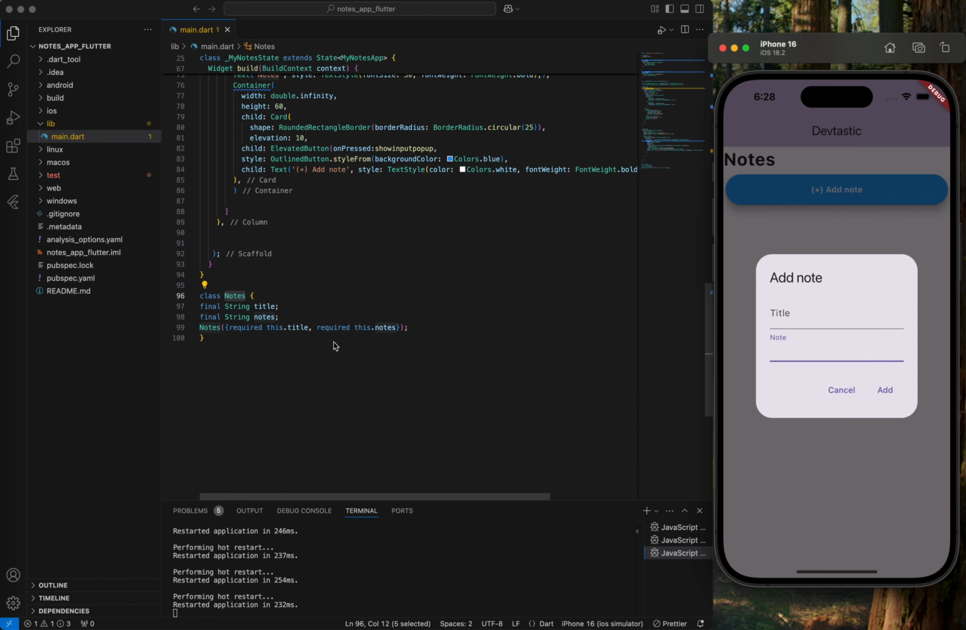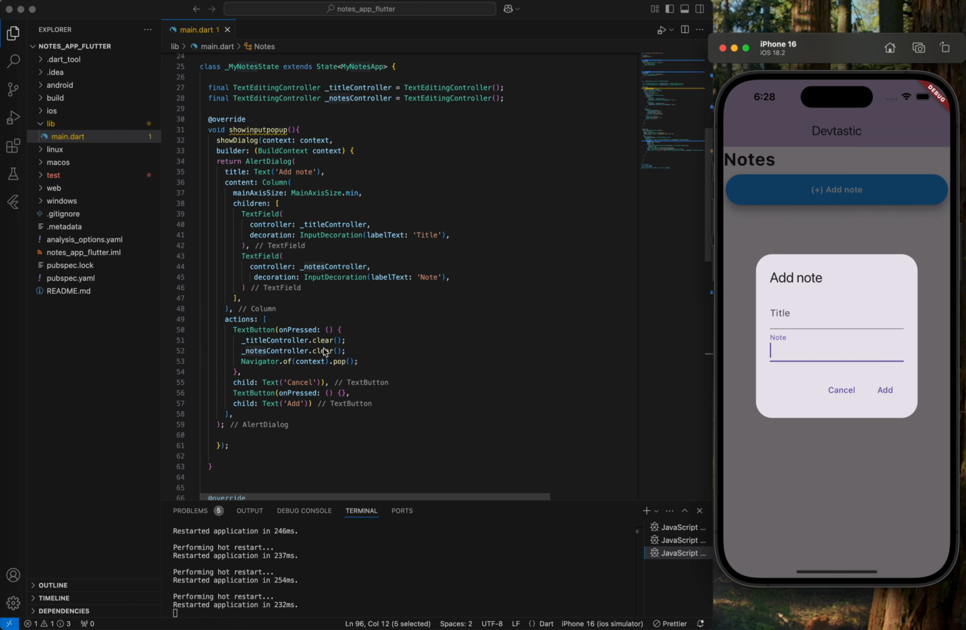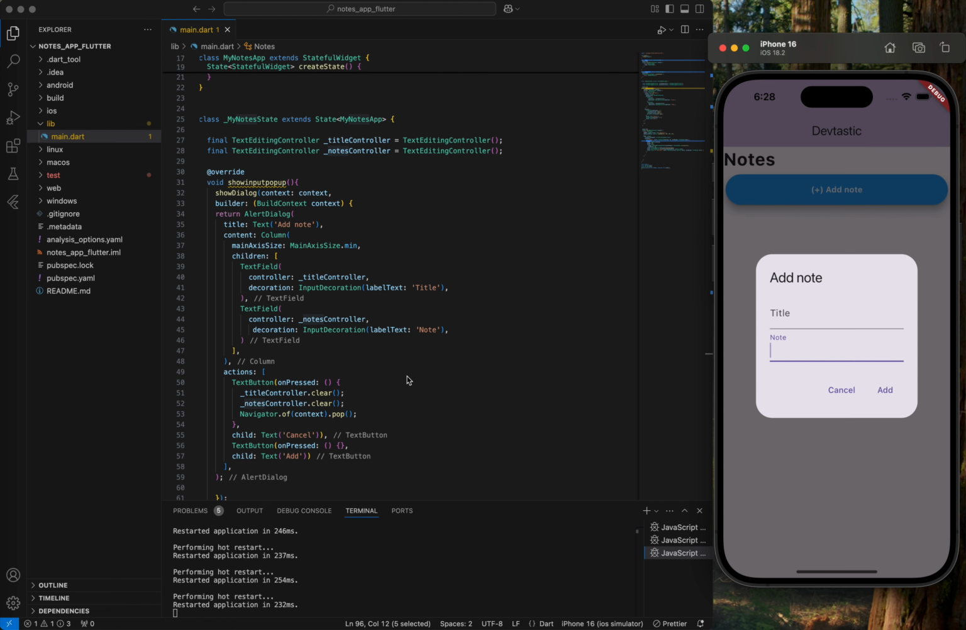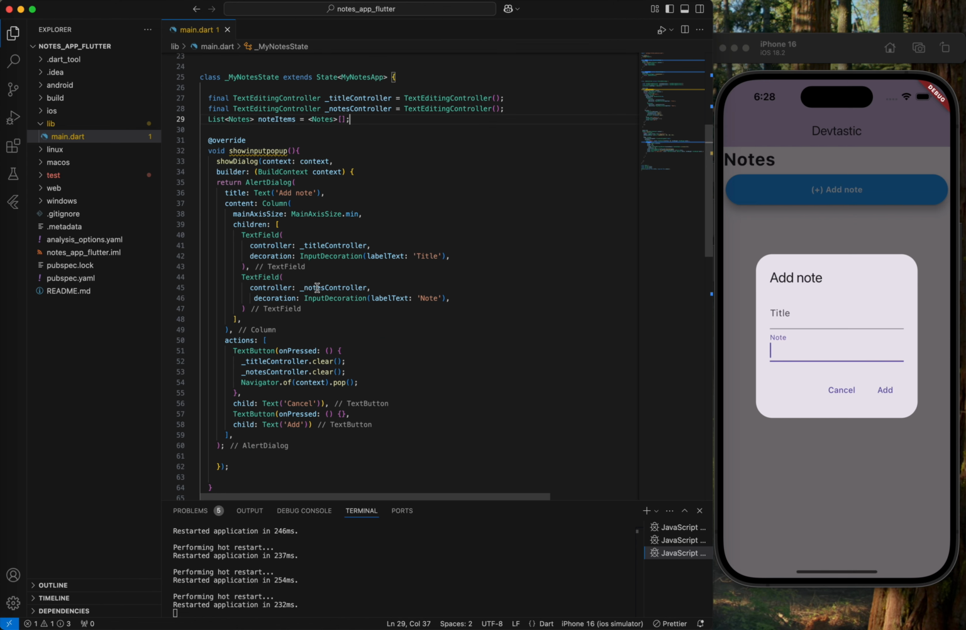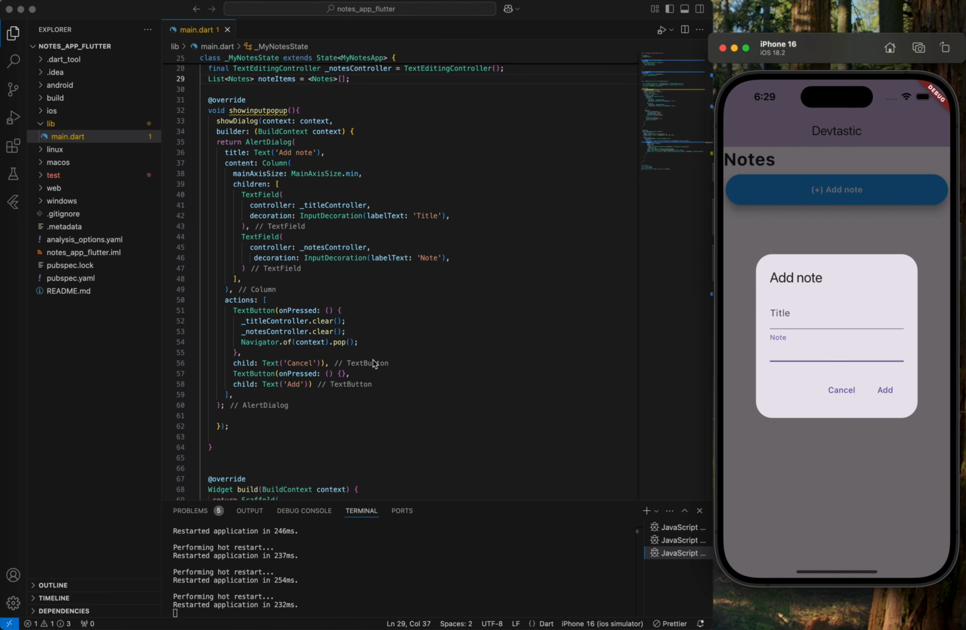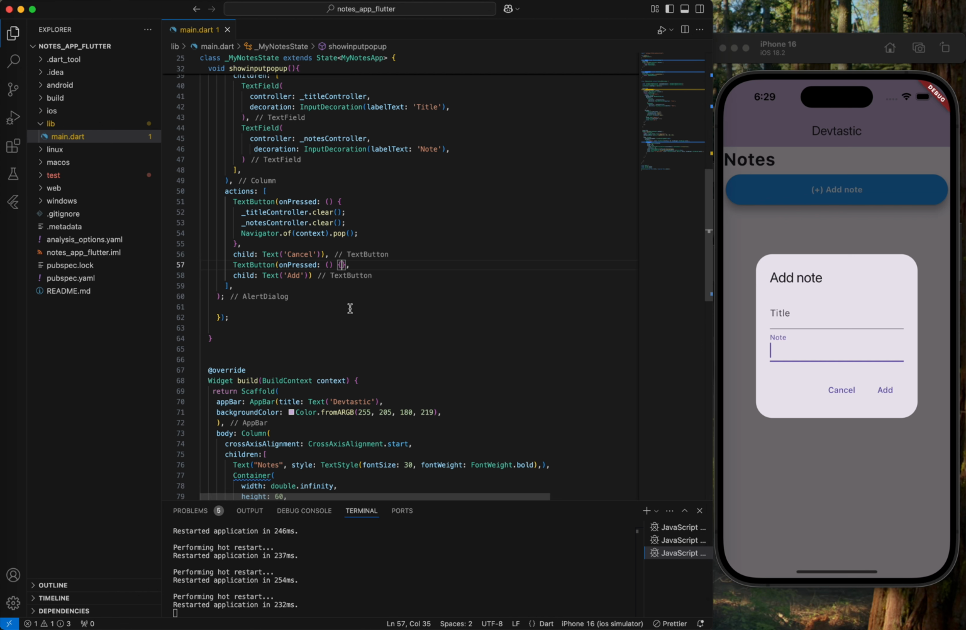To add it to the notes object, we need to create a list of notes. So here I'll create a list of note items is equal to an empty list of the type notes. Done. So now as soon as we click on add button here, we need to add it to that